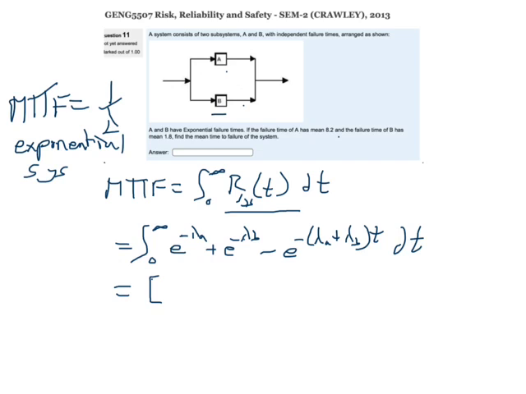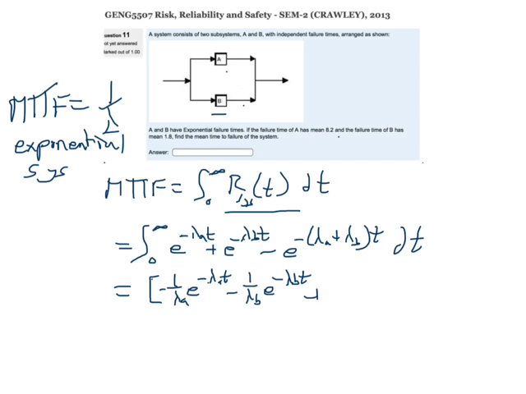We want to bring the lambda a out in front, so we're going to get minus 1 over lambda a e to the minus lambda a t, then minus 1 over lambda b e to the minus lambda b t,